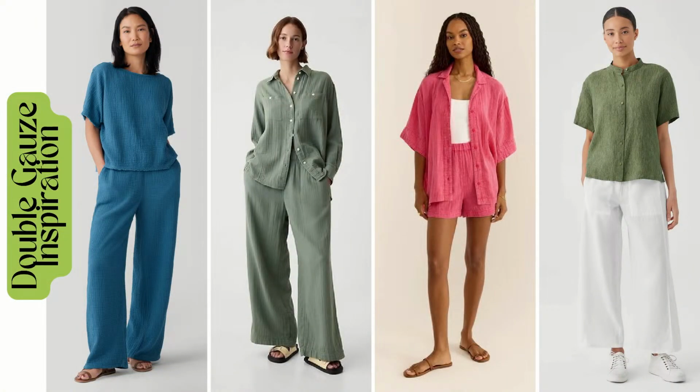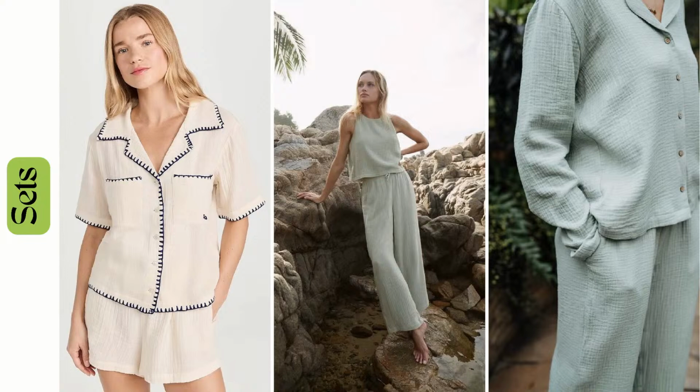So that's some of our double gauze inspiration. Again, just mentioning sets and some of the favorites I was seeing on the websites. But I love this first one where it is, of course, a tone-on-tone look. So a nice camp shirt with a great exaggerated collar, a nice pair of shorts to match. But then just that added detail of adding a blanket stitch to your seams. Samantha actually did this to a Japanese top that she made, and then I ended up stealing it. But adding just some embellishment or some exaggerated stitches or some kind of decorative feature to your shirt,